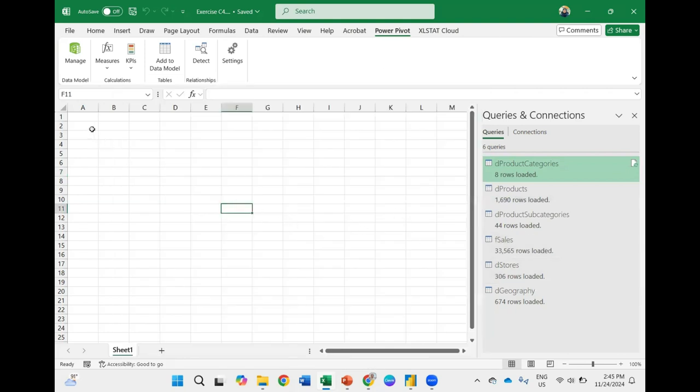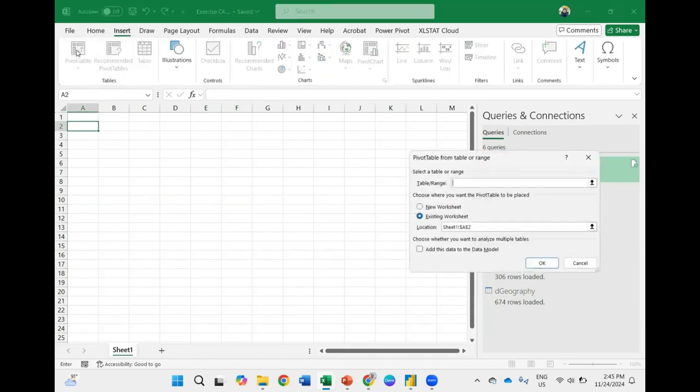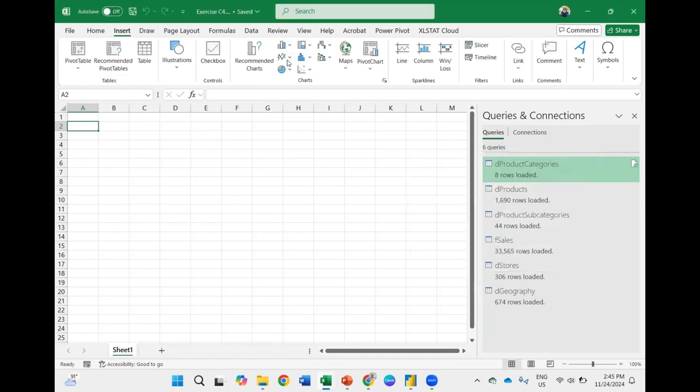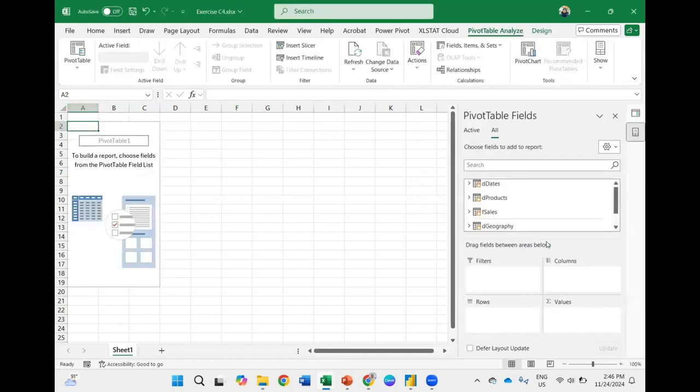So let's say now we want to create a pivot table from the data model. You can see that when you create the Power Pivot, there is no product subcategory table and no product categories table here.